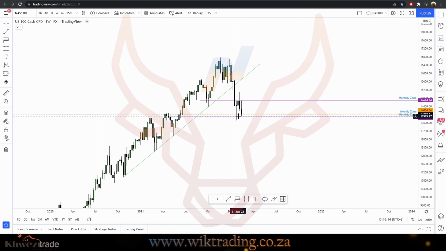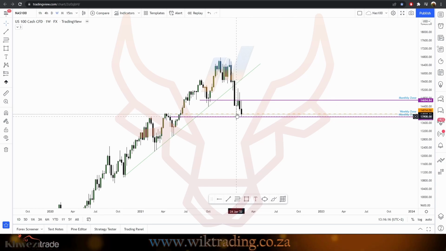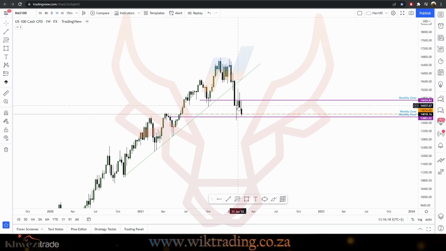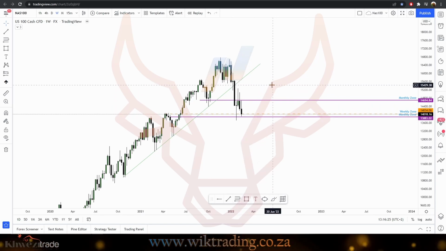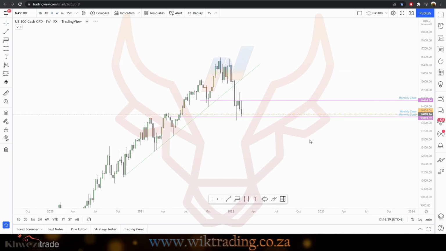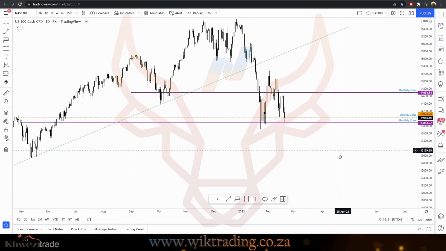What I am meaning by that is that there's a possibility that this area could be the area where we find the liquidity, and then the market turns around and breaks away to the top again and turns back into a bull momentum. Okay, if we're going to go to the daily time frame, having a look at what we see